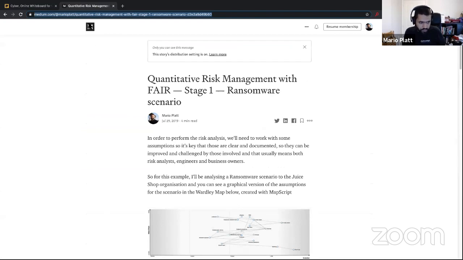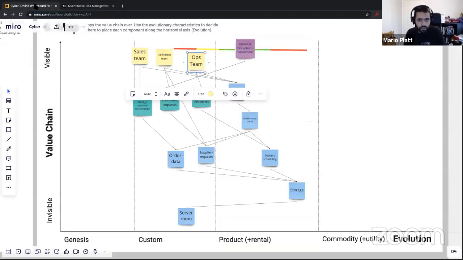So you can follow along. I tried to do a very good job of explaining the different scenarios and why the value chain ended up looking like that. But if we focus here now, what happened is we have